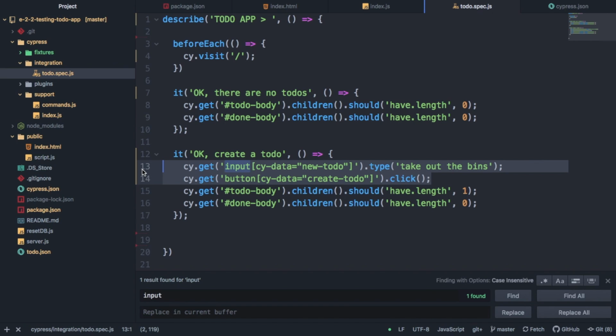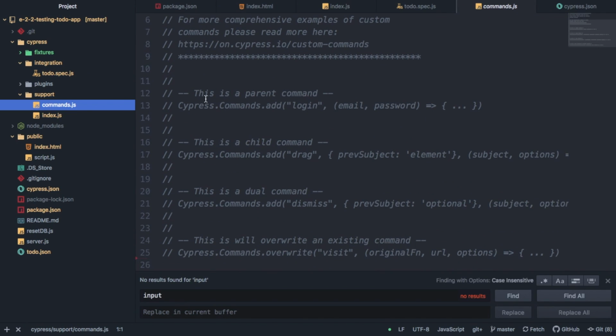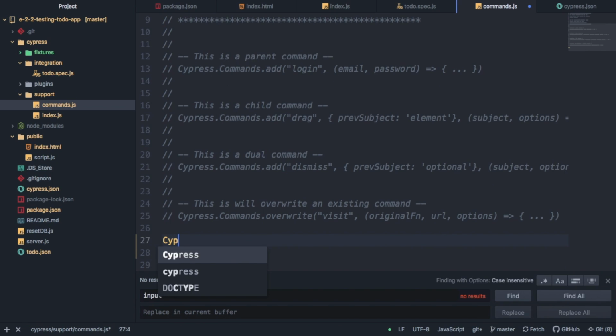So this is some functionality which we might be using over and over again in our tests. So we might want to, instead of copy and paste this, abstract this, and normally what we do is create a function to do this. But with Cypress, we have something called commands, which we're going to do now. So if I copy this and head into this support commands folder, you can see we have some useful help here, but I'm just going to say